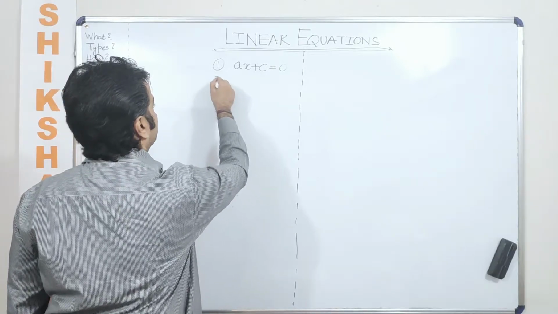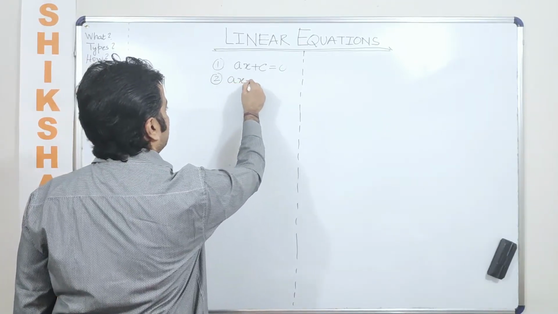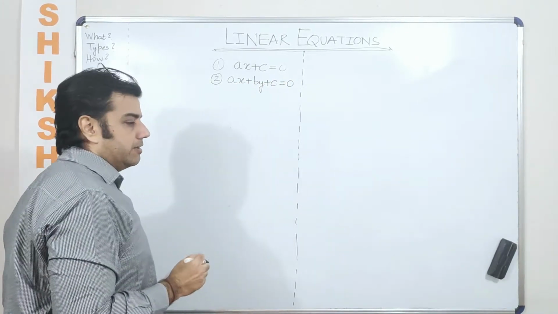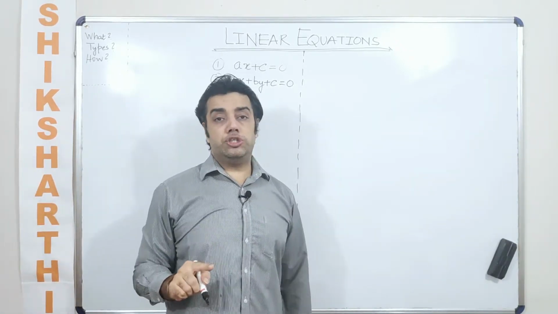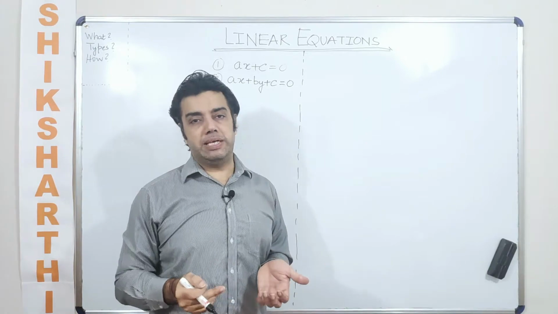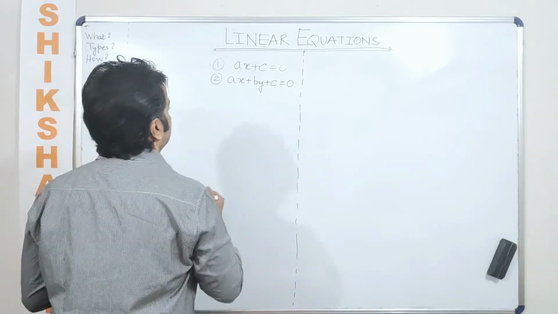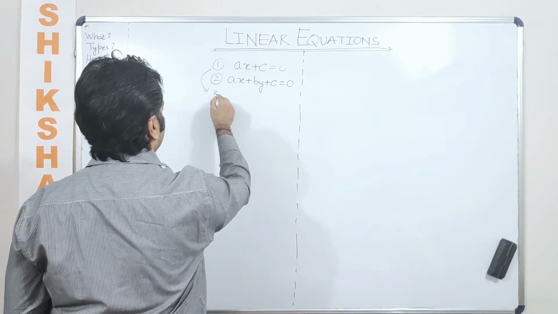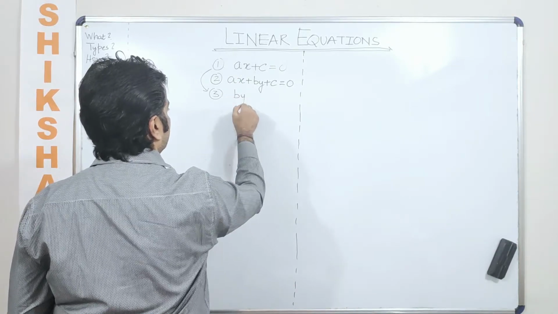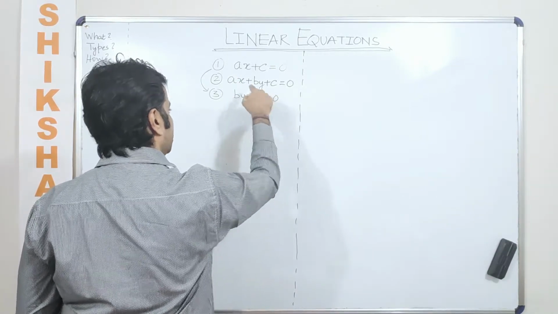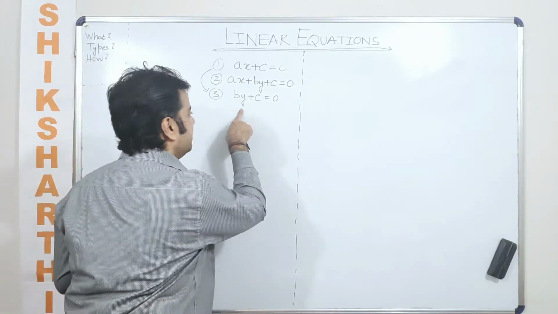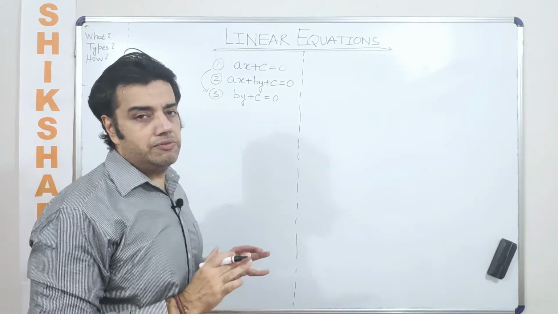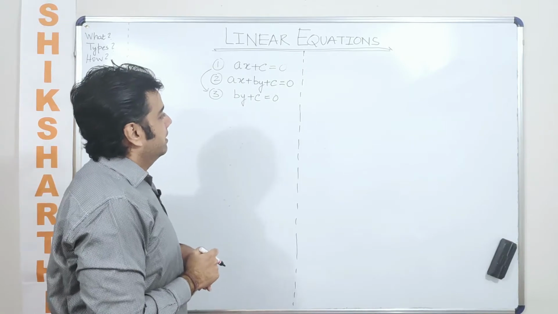Second, I can take an equation like ax plus by plus c is equal to 0, which is just like I want to plot a single equation in two variables on the real xy plane. But before I do this, there is another variety that I can give for this, let's put this as 3, which is just like saying by plus c is equal to 0. Again, we are talking about a single equation in a single variable only, but here we have taken a different variable. So we will first try and plot these values on the xy plane with the help